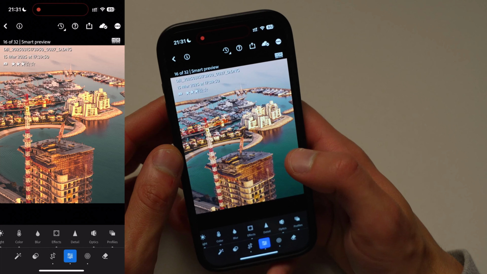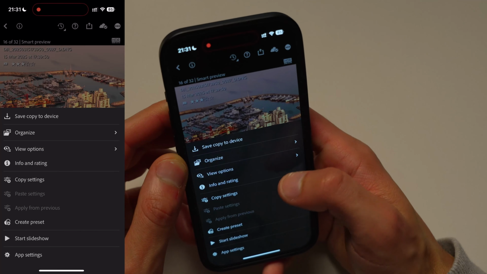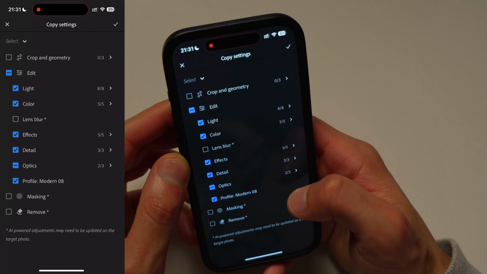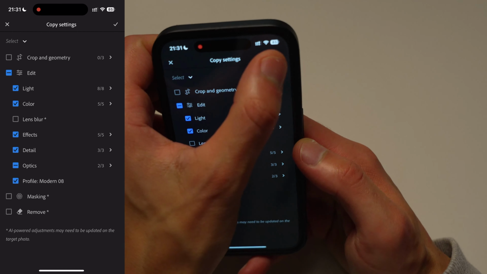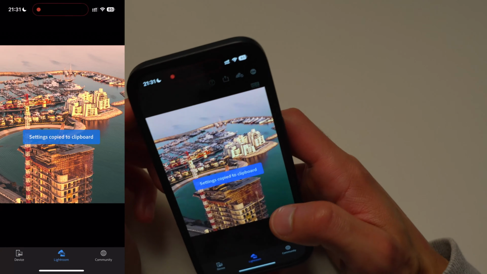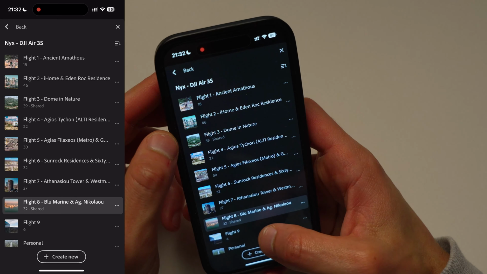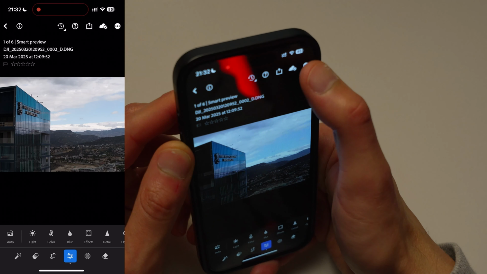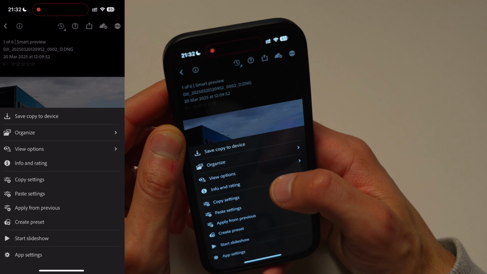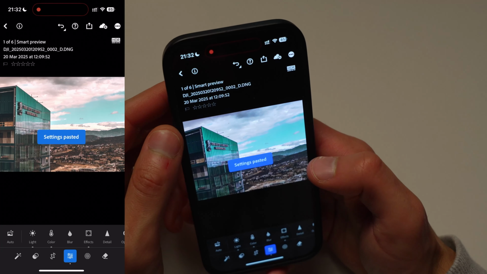Now, if you wanted to copy an edit, if we click on the three dots here, we can do copy settings, and this will give you the different settings that you want to copy to the other photos. Click yes. And if I go back out and we'll go to this one here and we go into the folder, we can literally click on the three dots and then do paste settings, and this will paste the settings